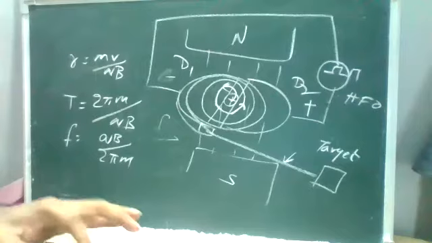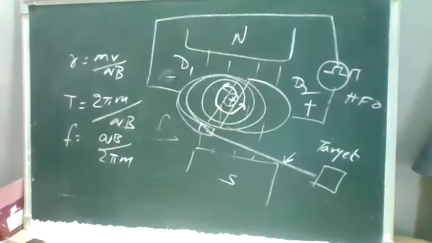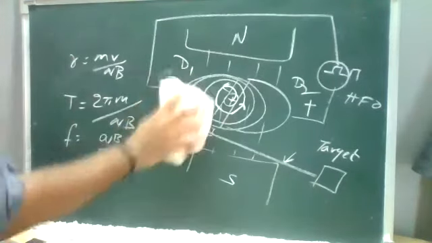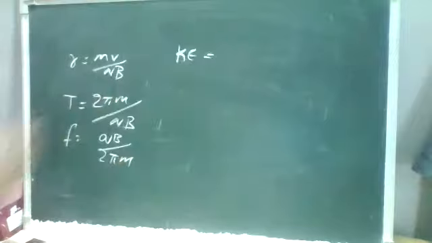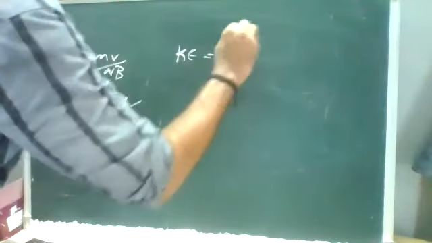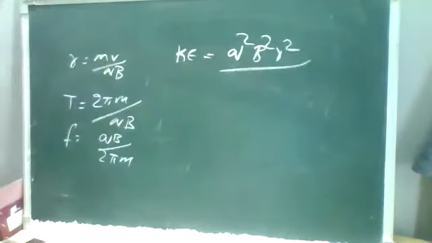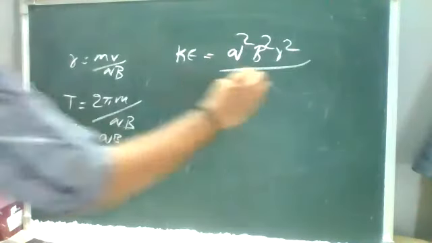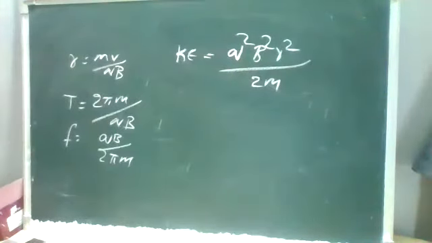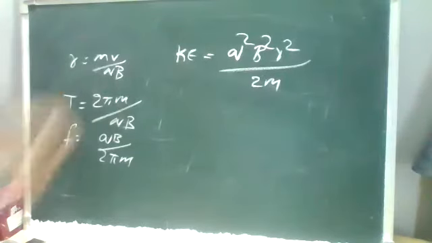Right. When we were discussing energy, I already discussed kinetic energy. Kinetic energy, half mv square, is equal to eV. There I only found the velocity. Whatever velocity we discussed, that is your maximum velocity. So now let's look at the kinetic energy for this electron which is traveling. I'm giving the final relation: kinetic energy is equal to q square B square r square by 2m. That is your kinetic energy. So: radius, time period, frequency and kinetic energy.